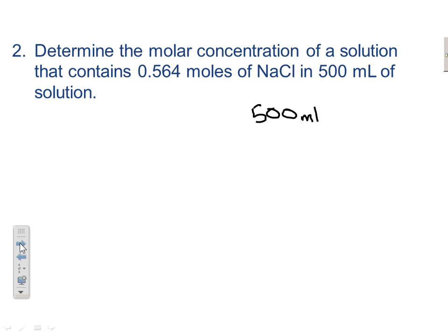Does anybody know how many milliliters are in a liter? All right, there are 1,000 milliliters in a liter. Now, if we were to write 1,000 as a power of 10, that would be 10 to the 3. Now, if we were to do this conversion by using the prefix for milli, then this would be equal to 500 times 10 to the minus 3 liters,